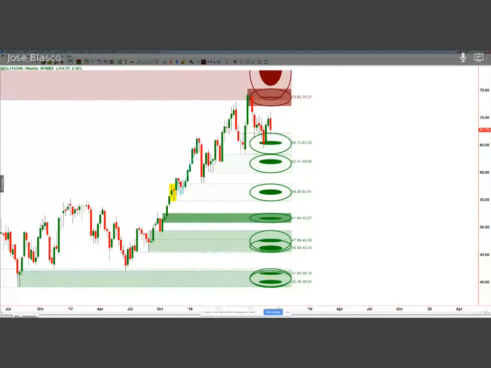But notice as well how deep inside that green UFO price traded, and therefore the algo is assuming that many of these unfilled orders that were waiting to get filled, they probably got filled, and therefore the probability of that zone is quite low. That is why